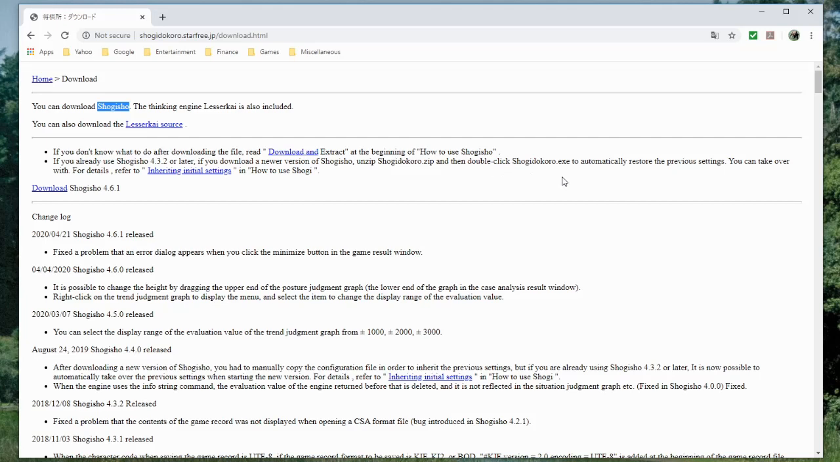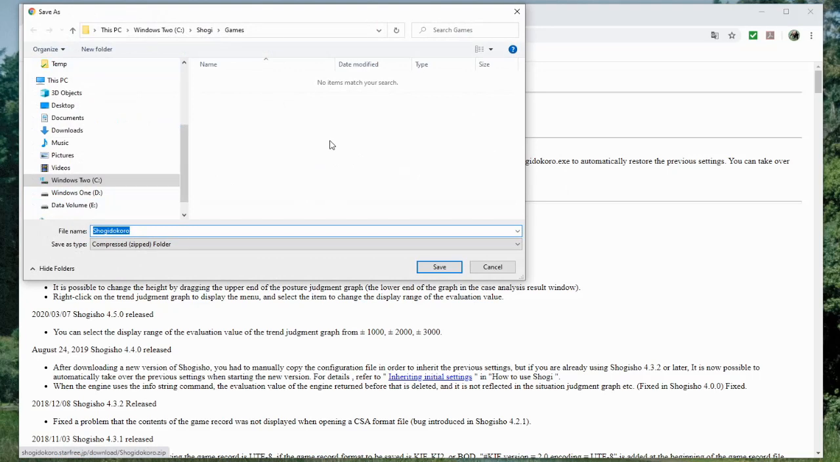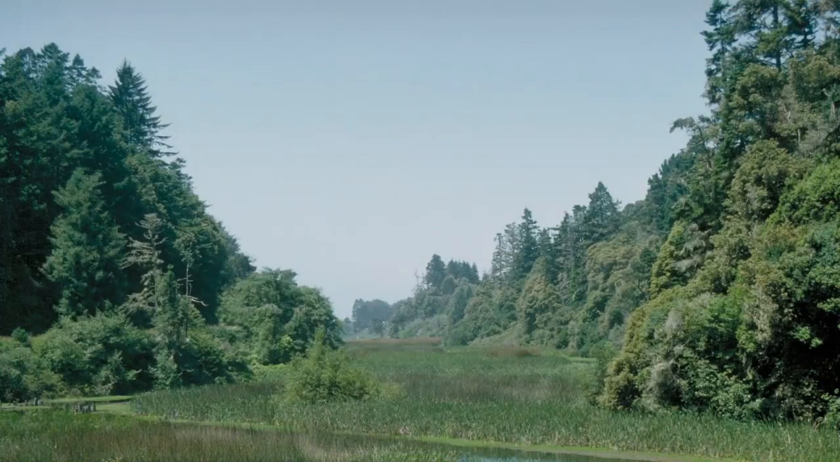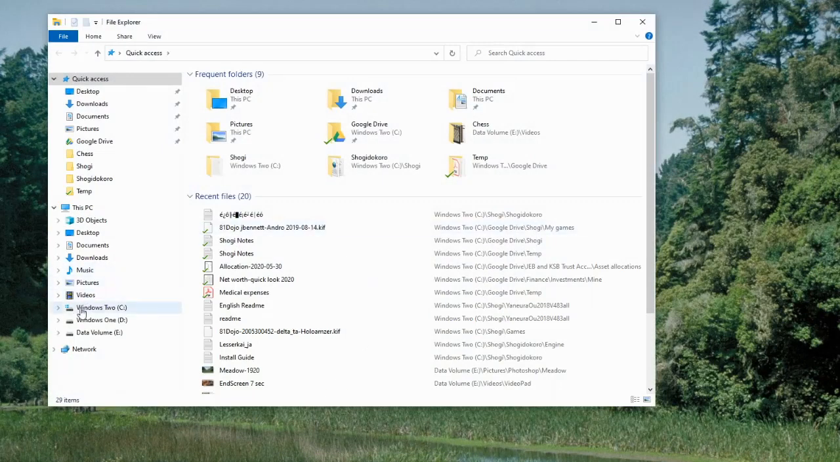Anyway, let's see. So we went to the website, used Google Translate to see the page. I'm looking at my notes here. Then you click on download. Yeah, then finally on this page, just where it says download Shogisho, that's what you want to download. And you can just drop that into any download directory that you have. And it's a zip file that you will then extract. So let's bring up the